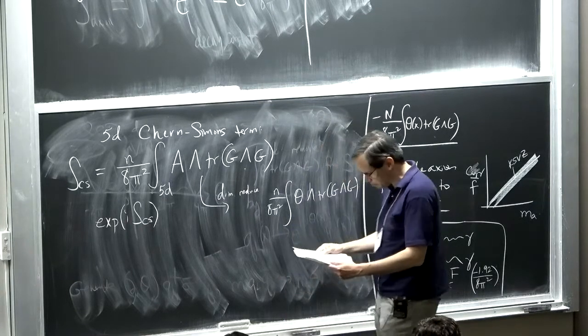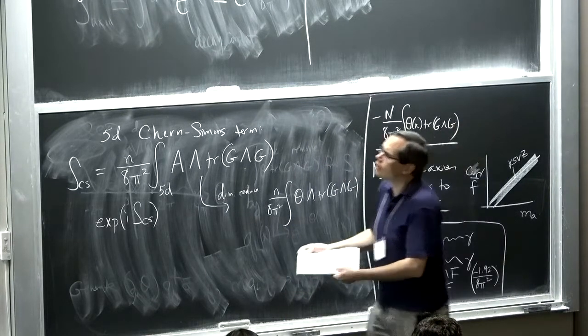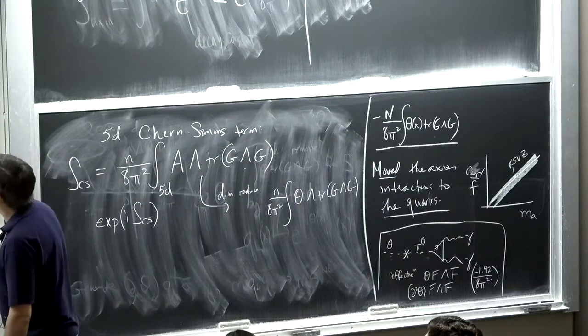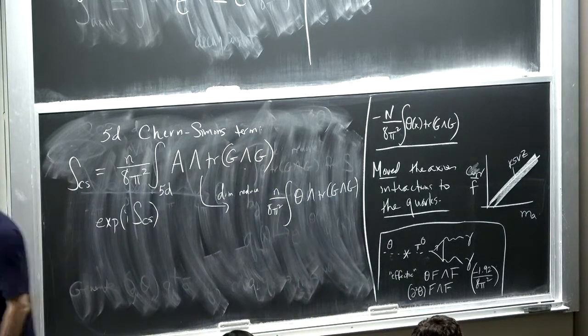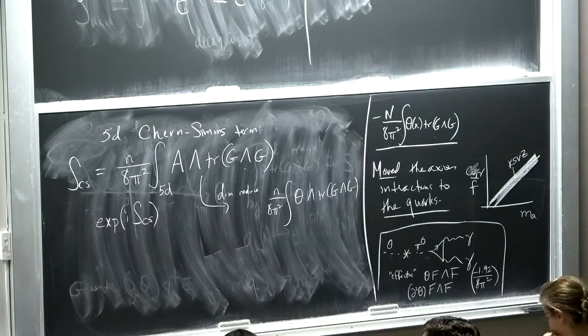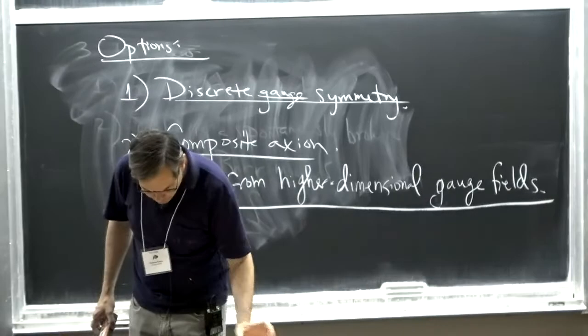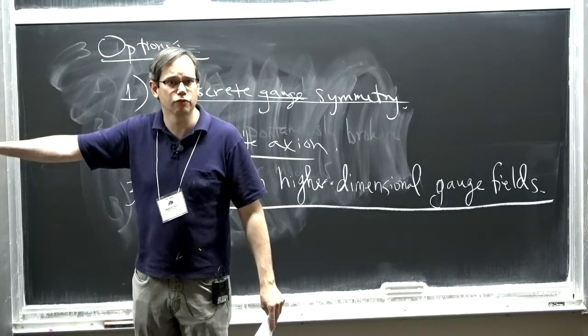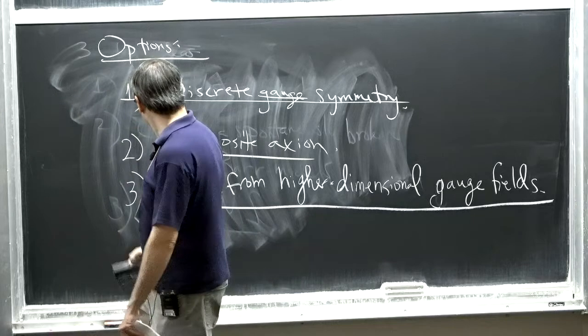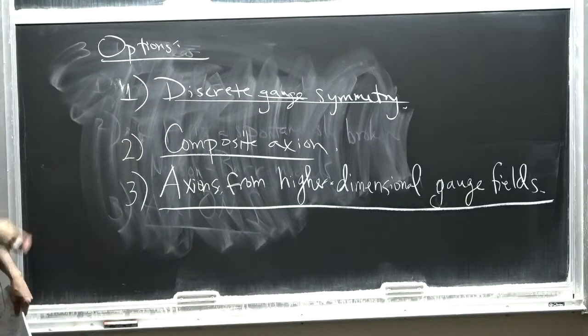Okay, so how much time do I have left? A few minutes. Okay. So this is a way to get an axion model with the right ingredients to solve strong CP. I had to invoke extra dimensions. You might or might not find that compelling. But what I want to convince you of in the last few minutes is that this model is much better for the axion quality problem than any 4D model, or at least than any 4D model where you don't work really hard to make one of these things work.